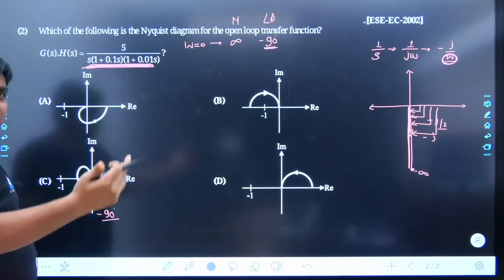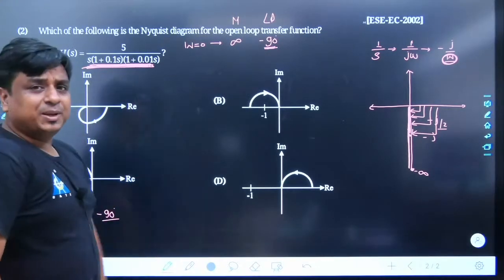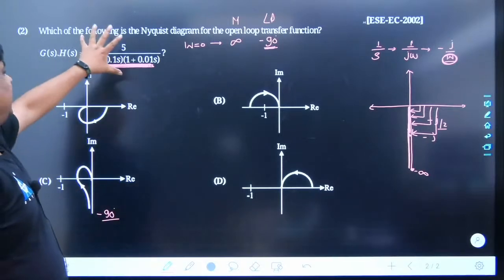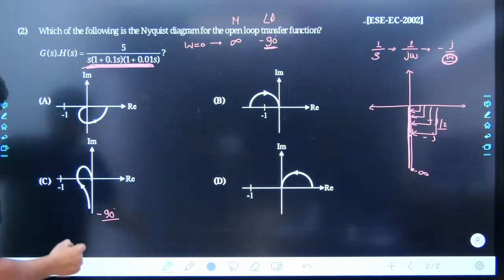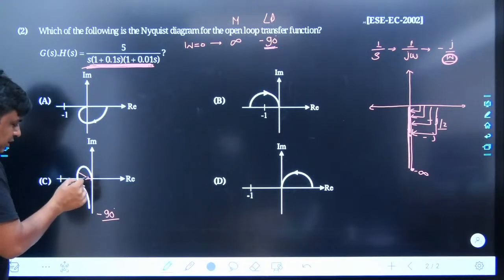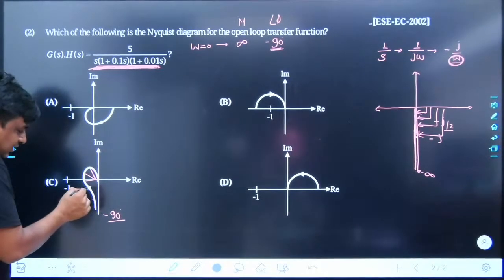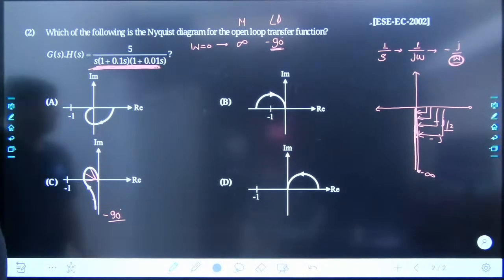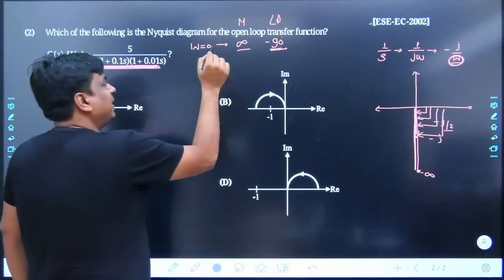As the value of omega would increase, the denominator would become more and more heavier, and as the denominator is becoming more and more heavier, definitely the complete worth of this magnitude has to shrink. You yourself would be able to understand, it keeps decreasing. Here it looks like the magnitude is being increased. No, it has to decrease its magnitude. That means it has to come nearby. So one thing is quite sure, it has to start with minus 90 degree, magnitude has to be